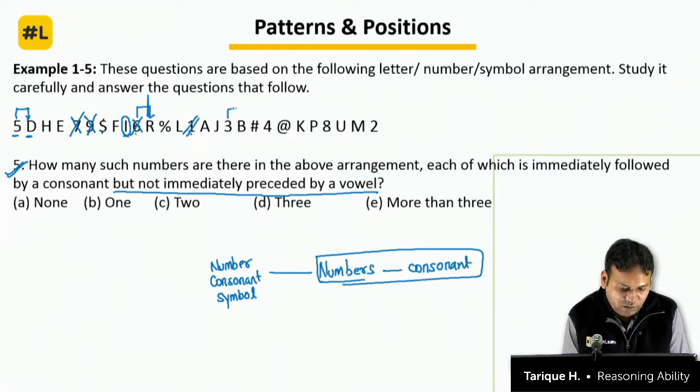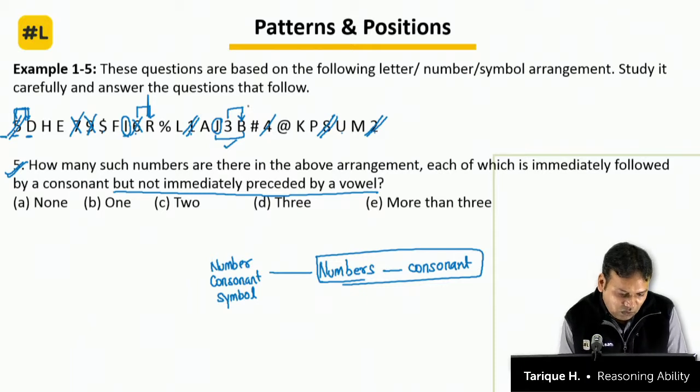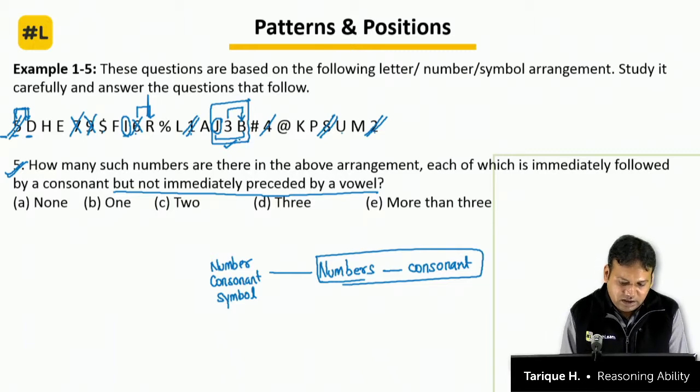3 is followed by a consonant and it is preceded by a consonant, so 3 is definitely one correct pairing that we have got here. Now 4 is followed by a symbol, so we cannot take 4, and 8 is followed by a vowel, so we cannot take 8, and 2 is not followed by anything, so we cannot take 2. So looking at the numbers that we have, one is 5D, but it is not preceded by anything, so that we cannot consider. So the only thing which is right here is J3B, and J3B is the one which